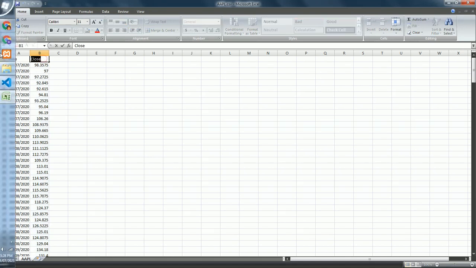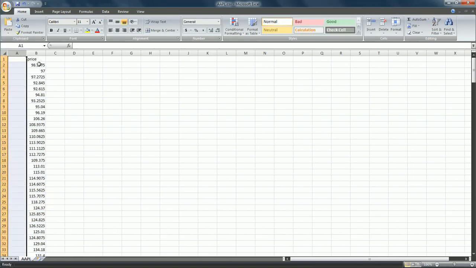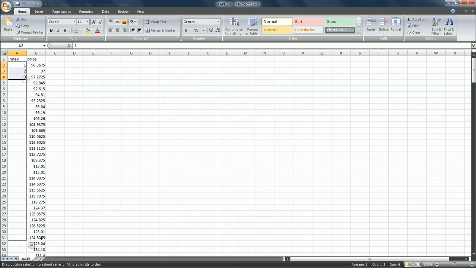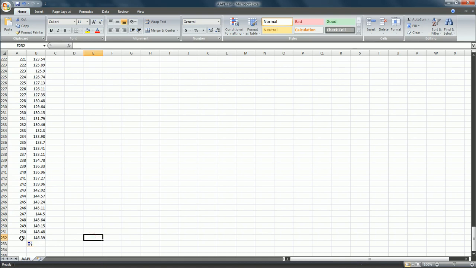Now I will rename it as price, add one new row, rename it as index, and one here, 2, 3. Now just select it and extend it here. So now we have data till index 251. So I will save it,